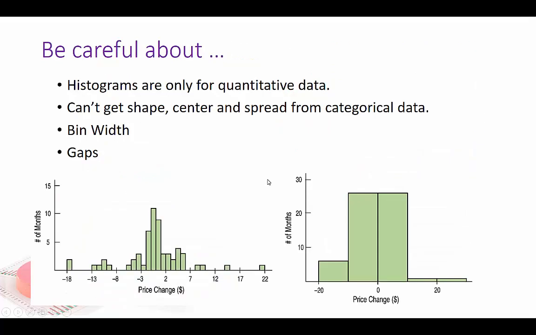One thing you should be careful about is that histograms are only for quantitative data, and you can't get shape, center, and spread from categorical data. If we did Pepsi and Coca-Cola and did a bar chart for preferences, which one comes first, Pepsi or Coca-Cola? Be careful about the bin width and be sure to identify any gaps you see in